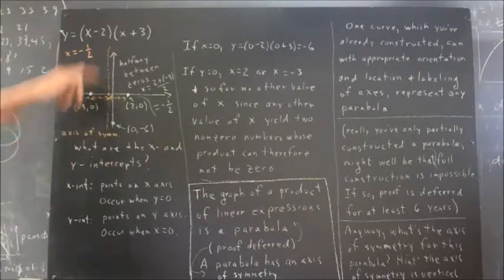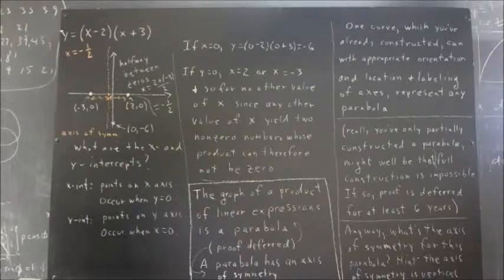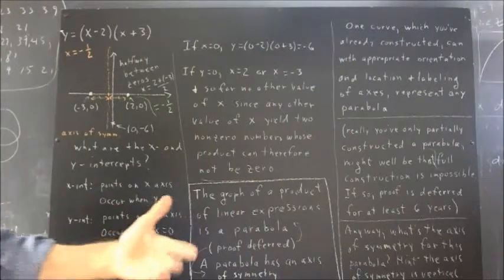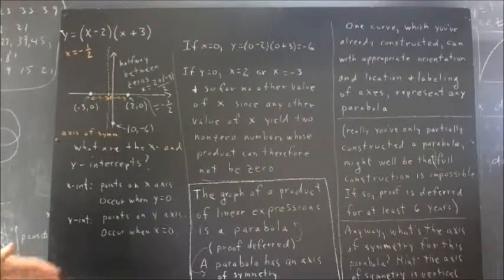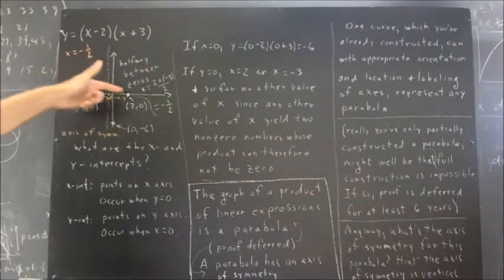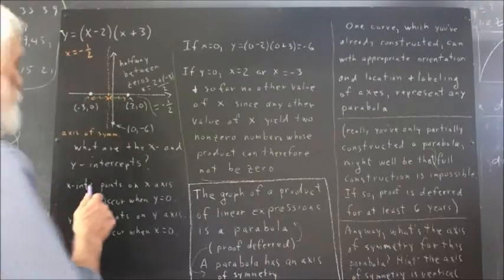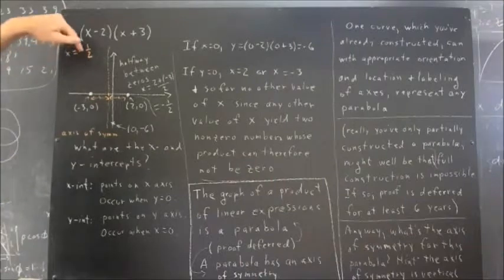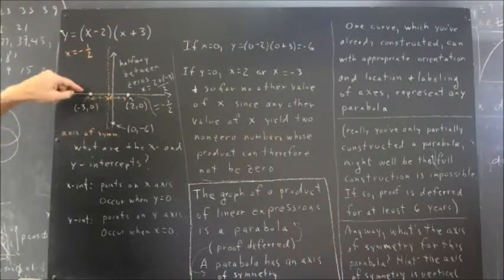Well, given that here's your axis of symmetry and your 3 points here have to be on the parabola, can you sketch the parabola? You really ought to, if you haven't already sketched this out, sketch it out, or draw a new sketch if you don't want to mess up your old one, and see if you can draw a parabola that fits these 3 points. Now, I really hope that you've done that. The parabola is going to have to be of this sort of shape, because this point is lower than these two,